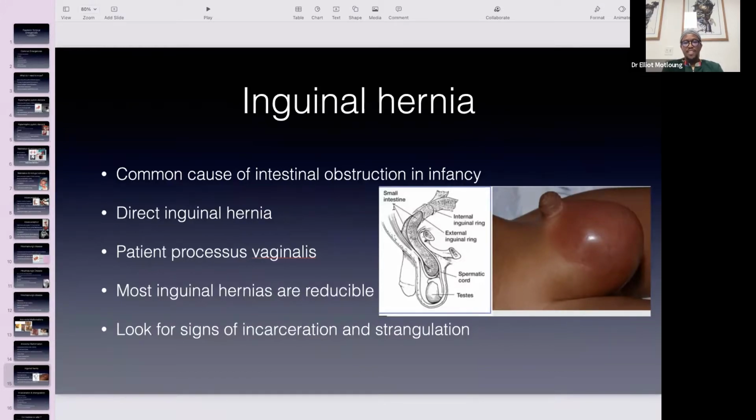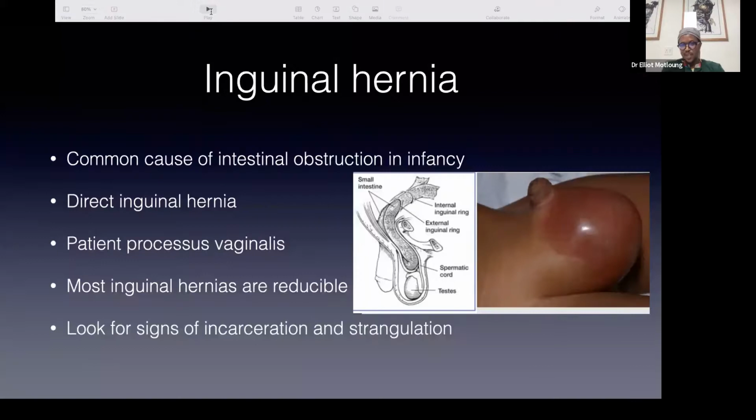And I want to emphasize that most hernias are reducible. The call we get the most as pediatric surgeons is that there's a non-reducible hernia. And I have maybe dealt with 3 truly non-reducible hernias, because the processus vaginalis is patent for so long that suddenly there is complete obstruction. We should be thinking otherwise. But please, with that said, look for signs of incarceration and or strangulation, because then these patients, we need to help them